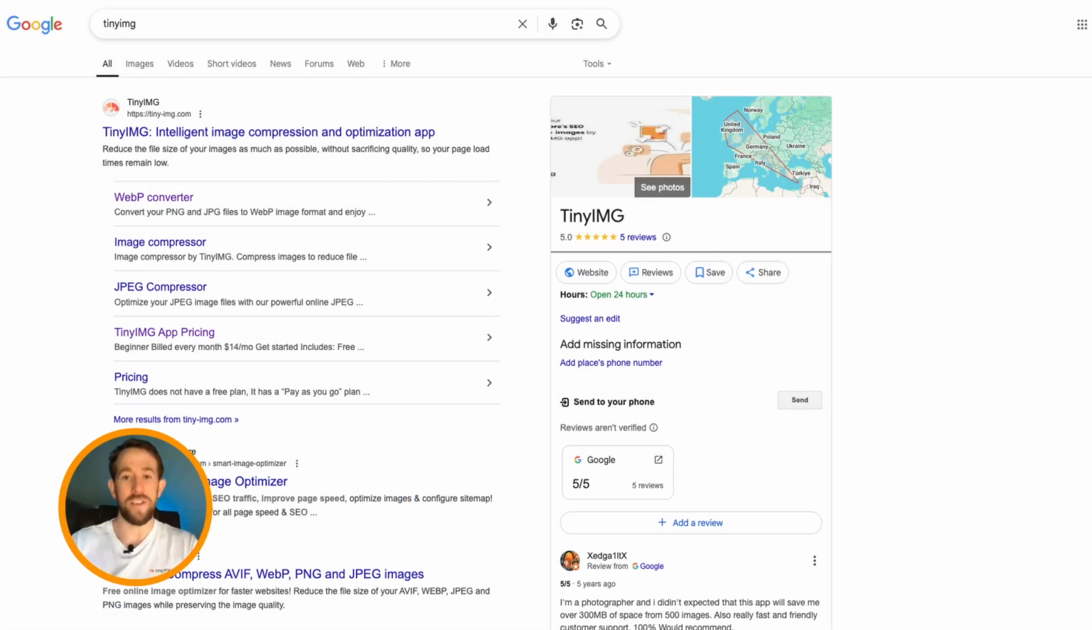So what is JSON-LD? JSON-LD, short for JavaScript Object Notation for Linked Data, is structured data that helps search engines understand your store. It organizes details like product names, prices, reviews, and more into a format that search engines love, powering rich snippets,